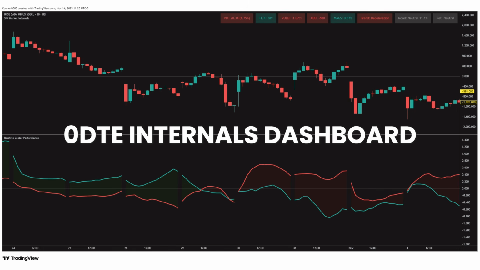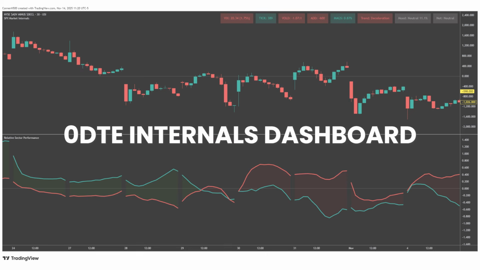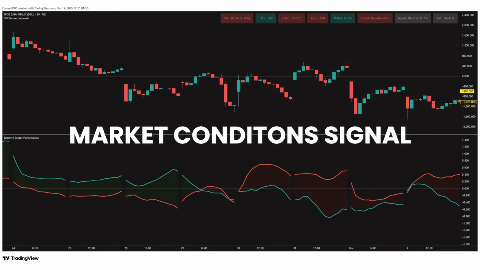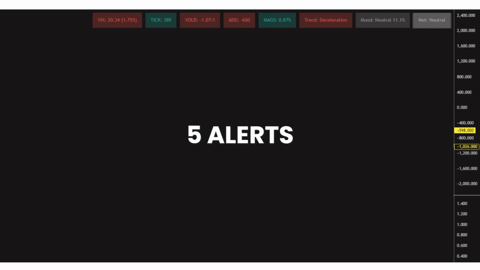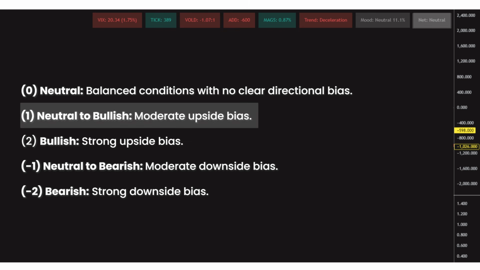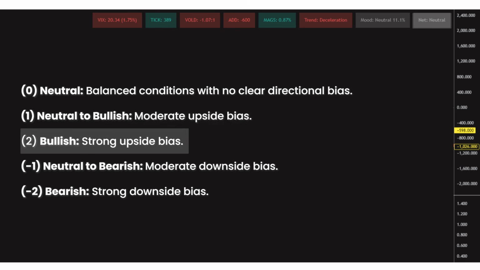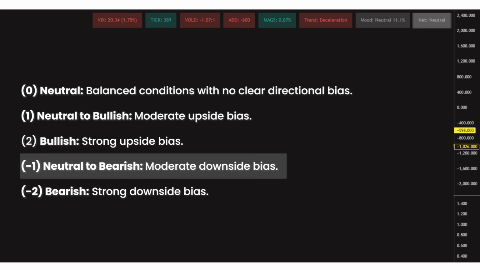Now, interpreting market internals is more art than science, which is why we've condensed all of this data into a single, easy-to-read market conditions signal. You'll find it in the upper right corner of the dashboard, updating in real time. The signal comes with 5 alerts to quickly summarize market conditions: neutral, neutral to bullish, bullish, neutral to bearish, and